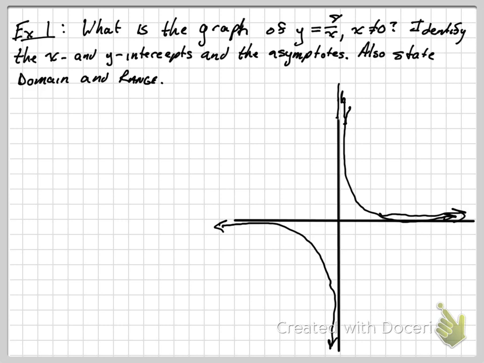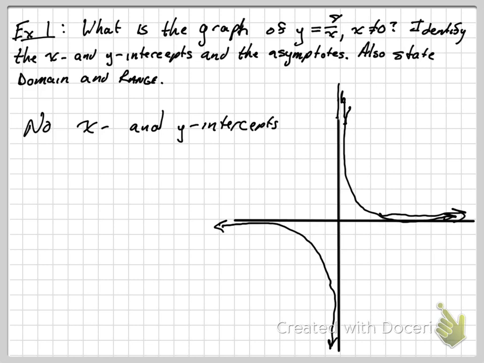So we're talking about intercepts. As you notice, it never intersects the y-axis, and it never intersects the x-axis. So there are no x and y intercepts. We know there's no y-intercept because x can't equal 0, so it can't hit the y-axis. And there's no x-intercept because the top never changes. It's never 0, so therefore y is never 0. But when we're talking about the asymptotes,